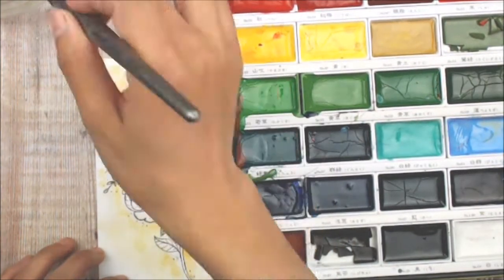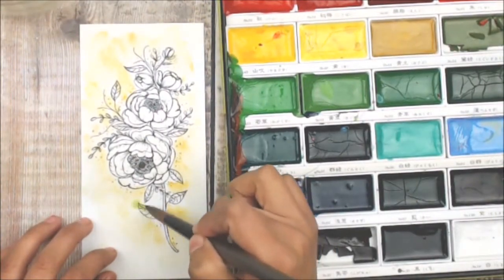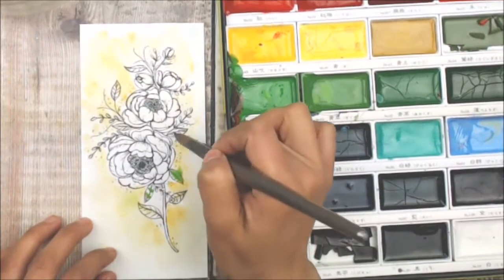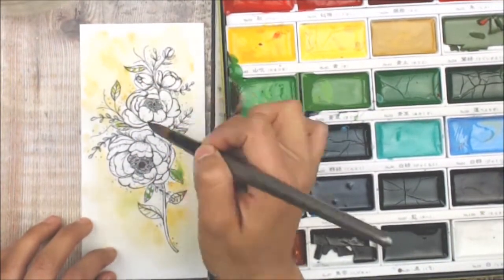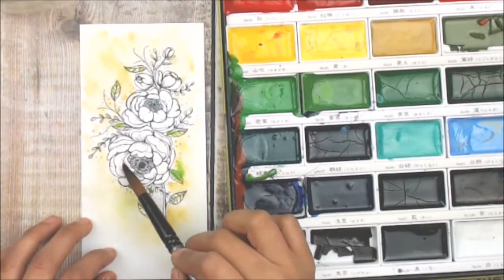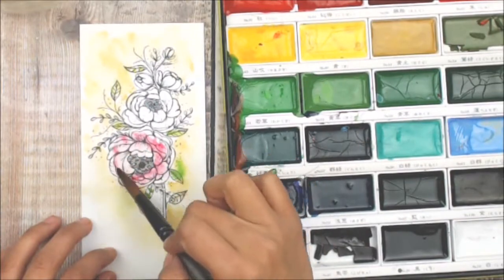I want to note that I am not using watercolor paper. This is just solid cardstock, so you can see that the watercolor is not going to get absorbed like it would with watercolor paper, but I will go ahead at the end and dab it, and it will still look really nice. Going to move on to our florals, adding a wash of the light